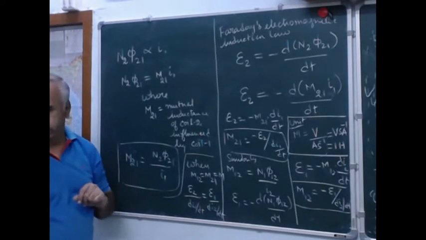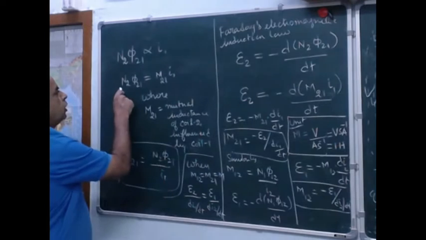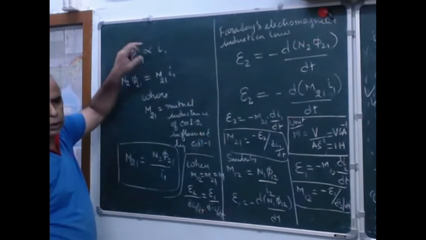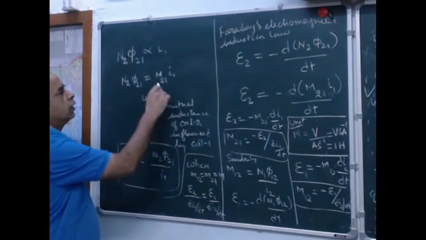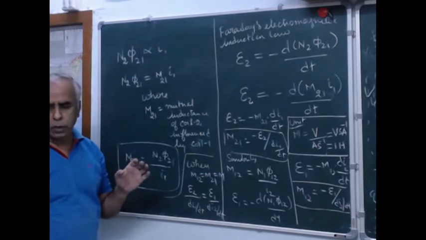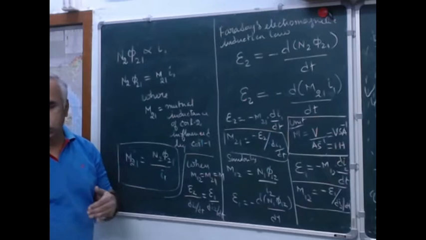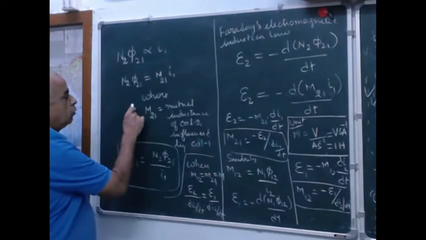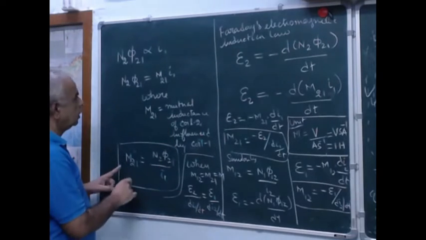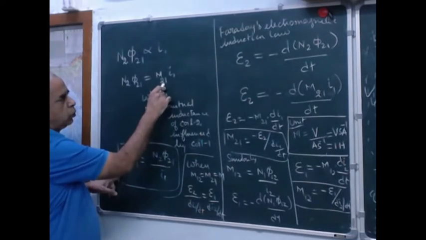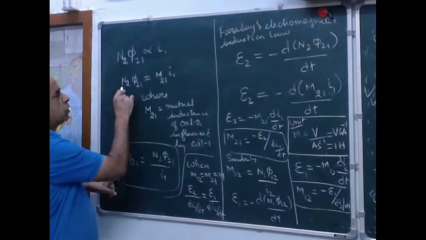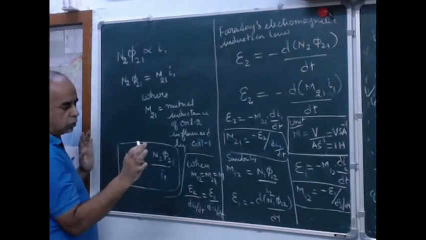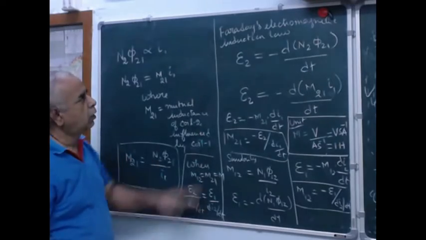N2 also. Right? Now, N2 phi 21 is equal to, and when you remove the proportionality, you have to introduce a constant, and that is called M21. So what is M21? The mutual inductance of the secondary coil with respect to the primary coil. And so I have given the details here. Now M21, let us rearrange, is nothing but N2 into phi 21 divided by I1. Got it? Is it clear? Right. Now let us move to